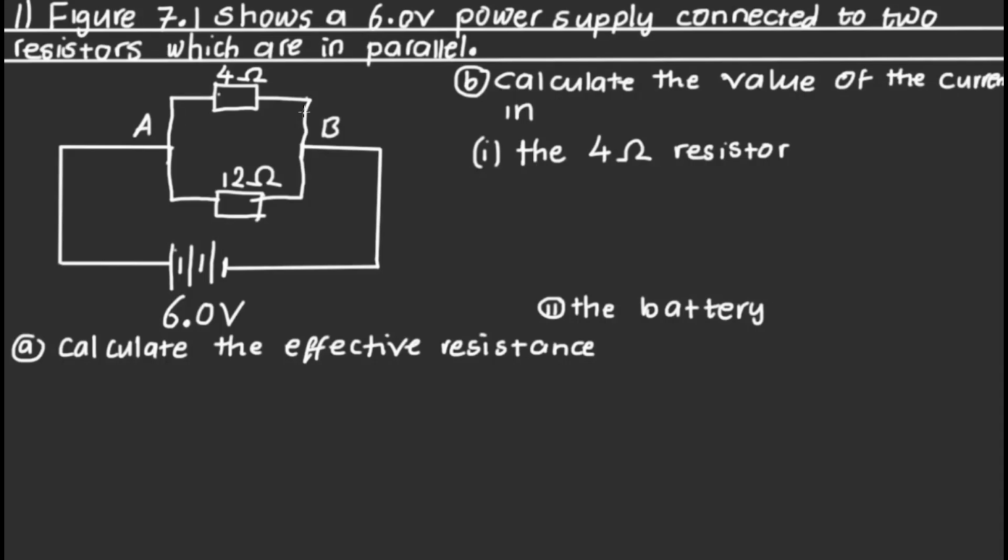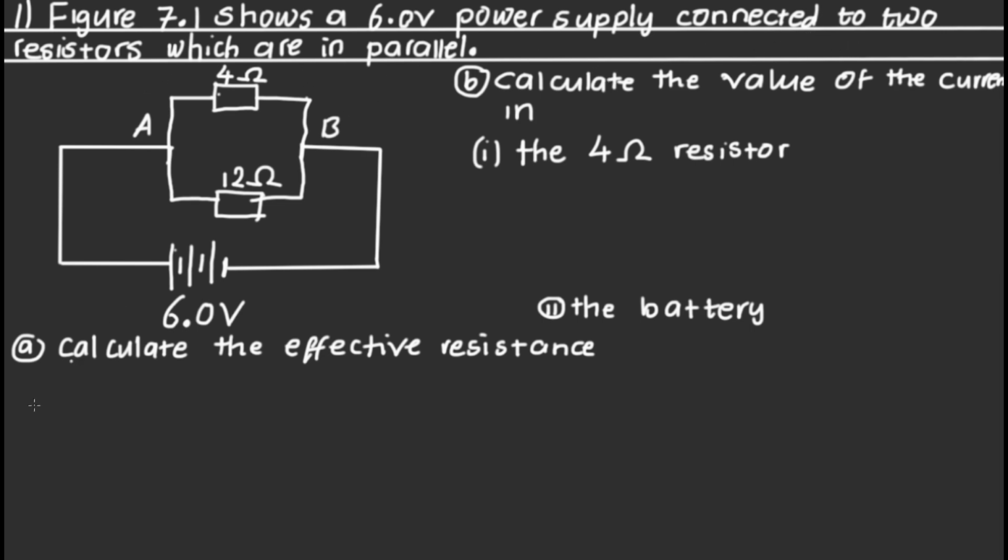Welcome guys, we are going to look at the questions under the topic of current electricity. So we'll look at different questions from different past papers. So we have first question, figure 7.1 shows a 6.0 volts power supply connected to two resistors which are in